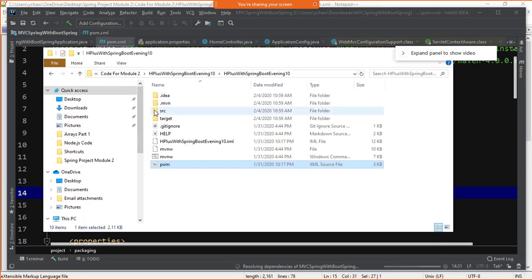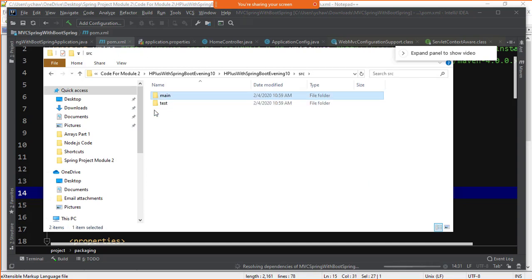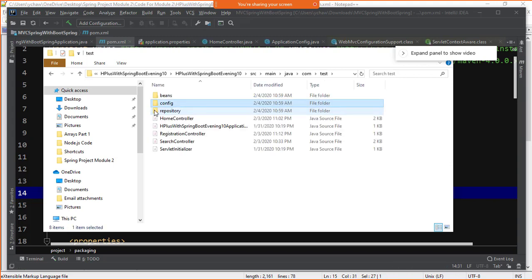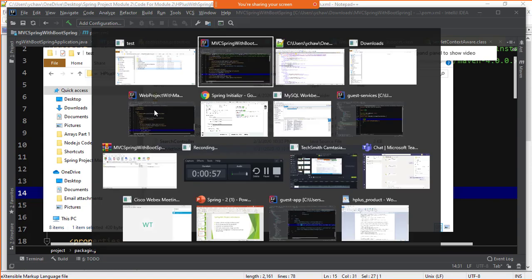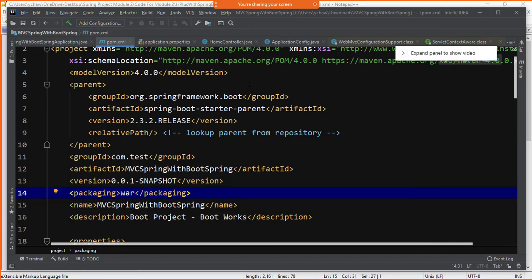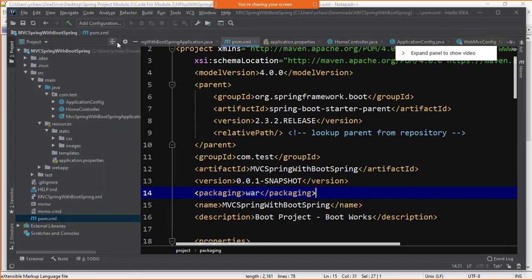Because of that, one more thing has happened. In src main java com test, you got this servlet initializer. We did not get it earlier because we did not say that we needed a war file.